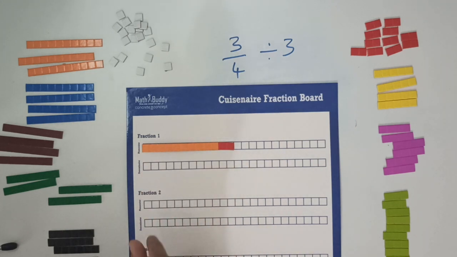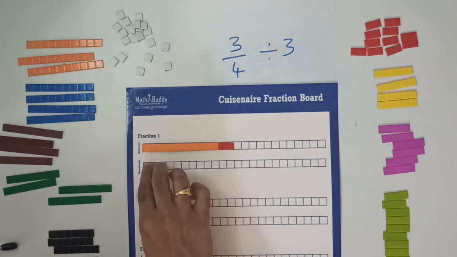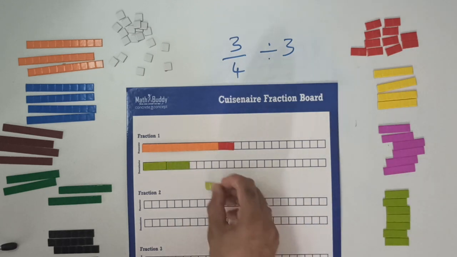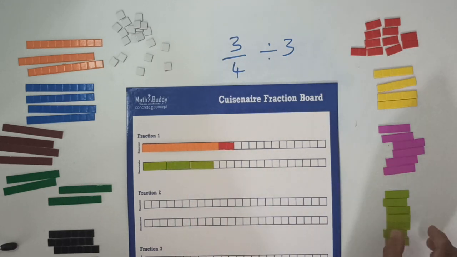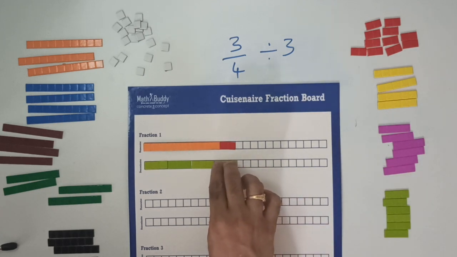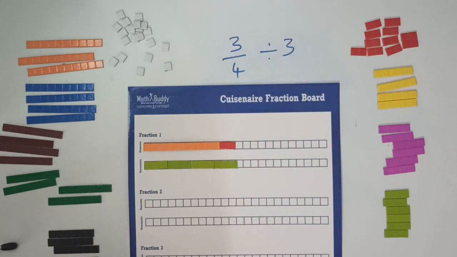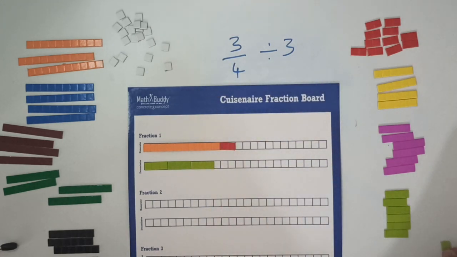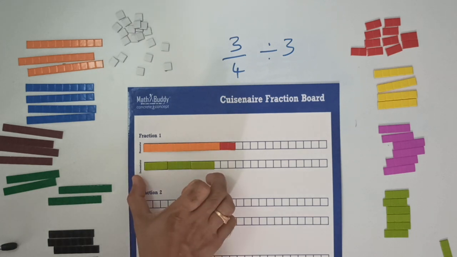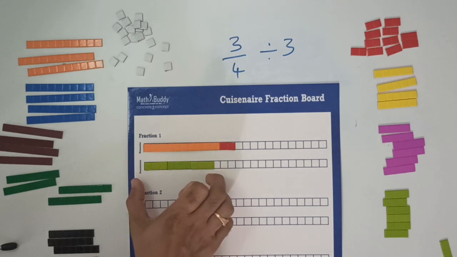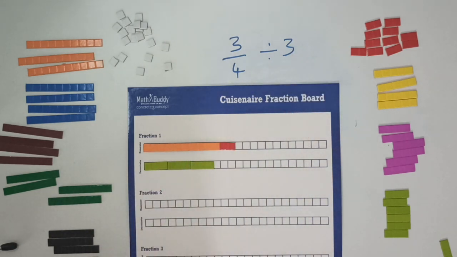How do you divide this into 4 equal parts? We've got 12 divisions. If I want to divide this into 4 equal parts, I use the green rod. So each green rod has a length of 3, right? So you place 4 of these green rods here. That's how we divide the whole into 4 equal parts. And the numerator tells you that you need to keep 3 parts from this. So take away 1 part. Okay. So that represents 3/4 of the whole, right?